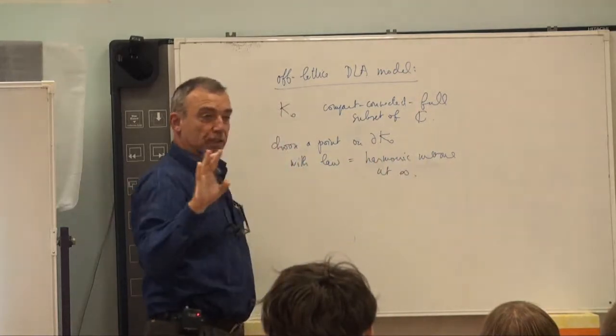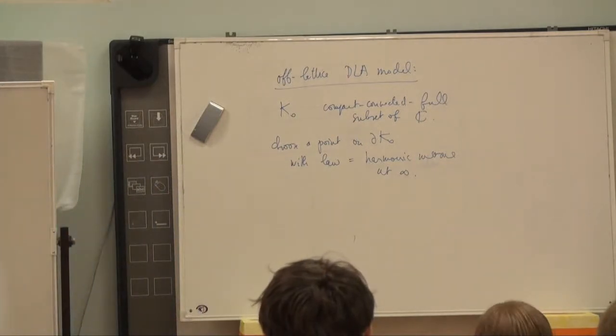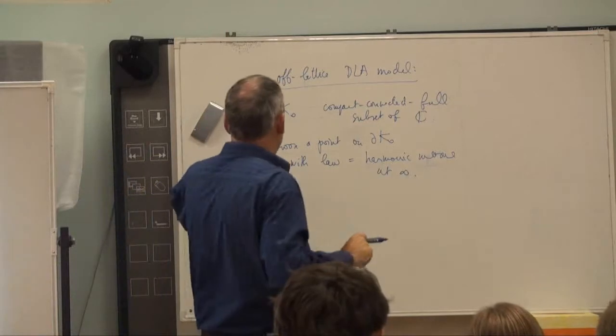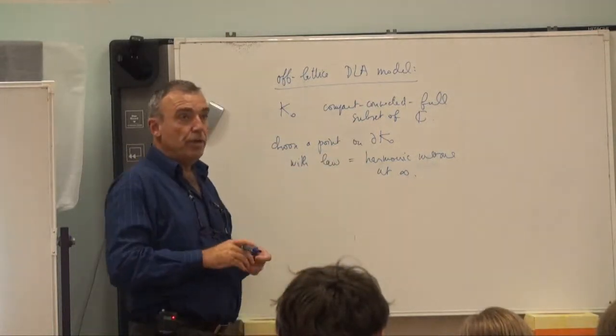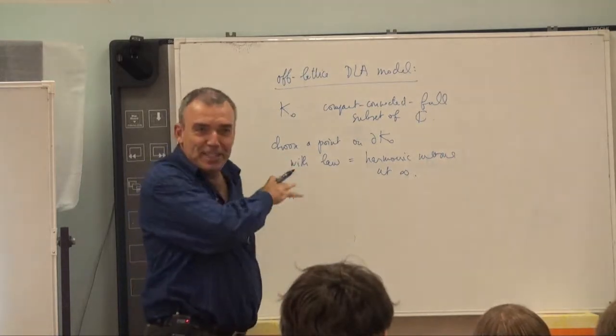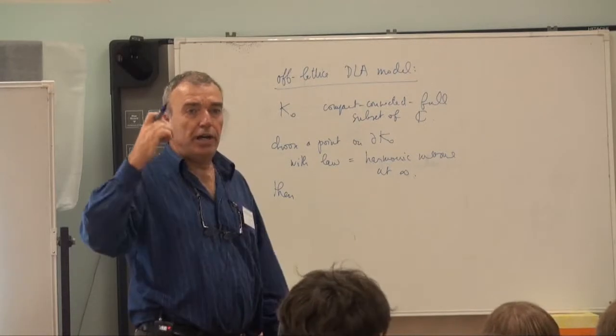Now this makes perfect sense. So you can define harmonic measure at infinity of K0, and this is where it is not totally rigorous. We add a fixed